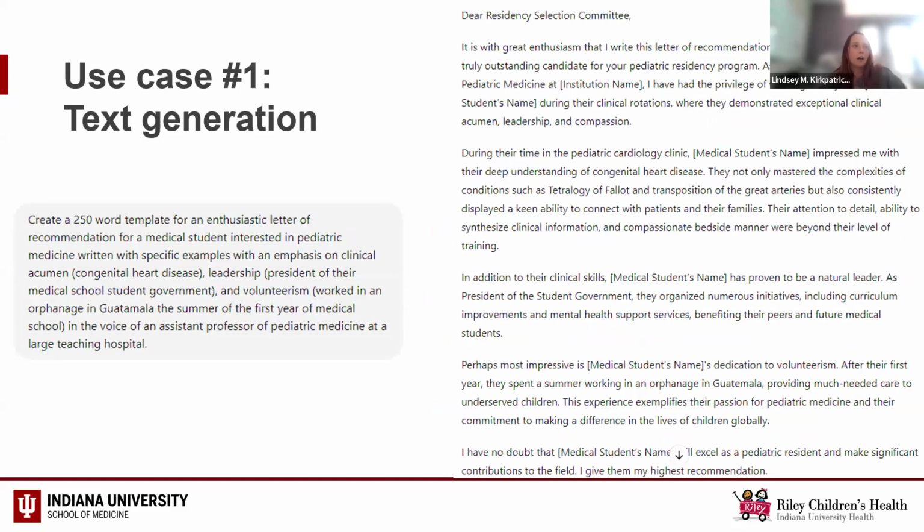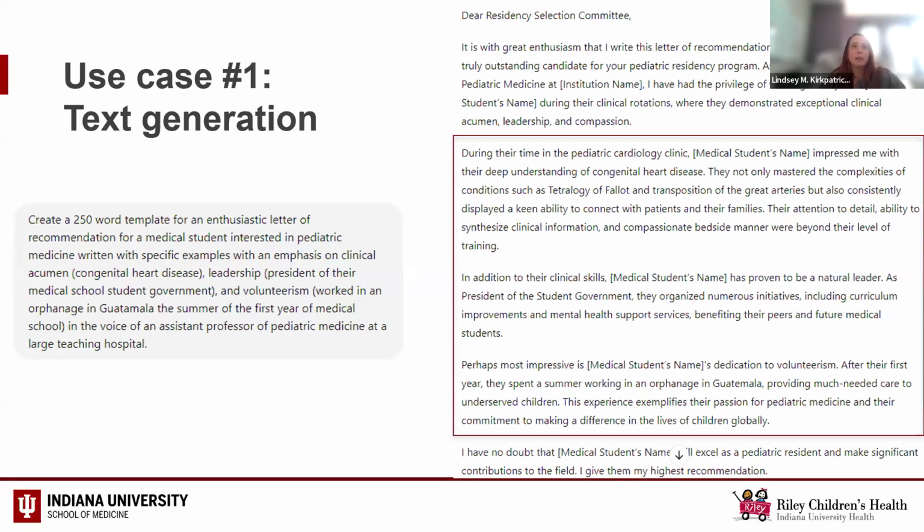And so you can refine this a little bit more, if you want to move to the next slide, by even providing what you want to emphasize. And so I created a template, again, another enthusiastic letter of recommendation for a medical student interested in pediatric medicine, emphasizing really 3 things that we find important in terms of our resident selection committee, and that's clinical acumen, leadership, and volunteerism or humanism, or altruism. And so if you look at the meat of the letter, you can see here it gets even more personalized, and it shows that I know this student very well